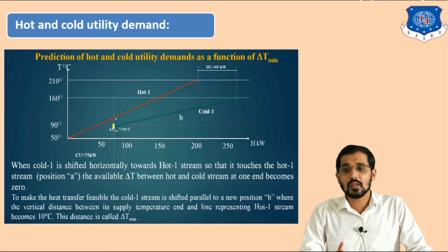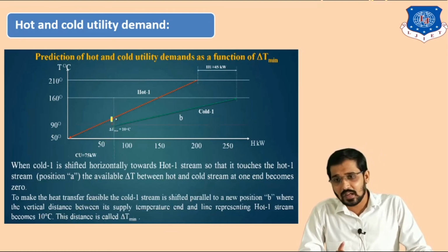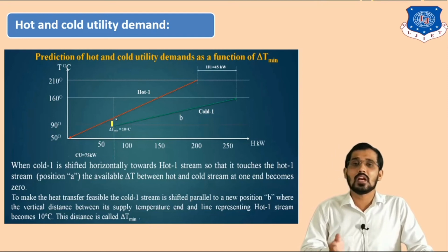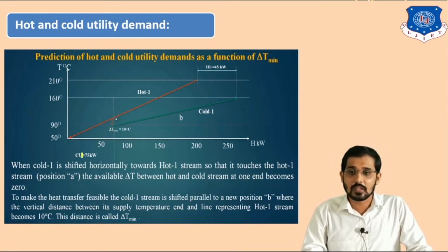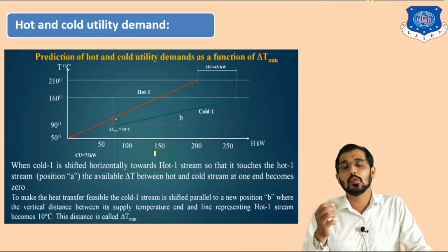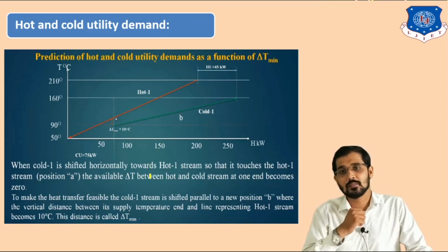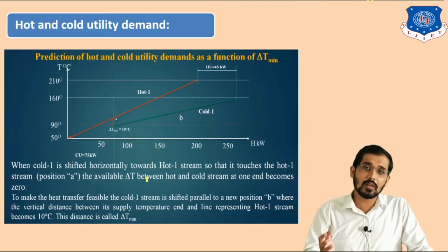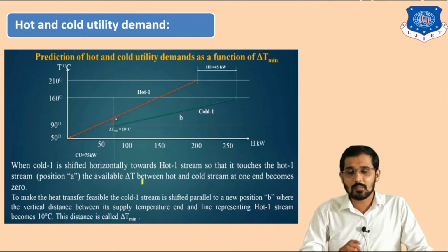So you can say here this extra hot utility requires an extra amount of cold utility, that is nothing but 75 kilowatt, and here you can see an extra amount of heat utility is required to heat up this extra amount of the cold stream. So in this manner we can calculate from this TH diagram the extra amount of utility requirement in process industries. So I am just concluding what we have seen in this diagram now.